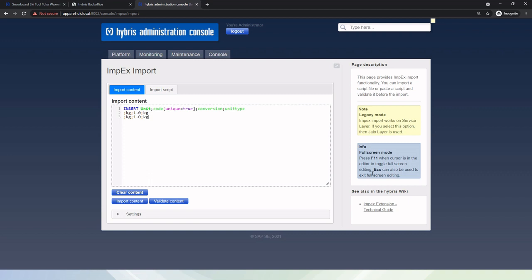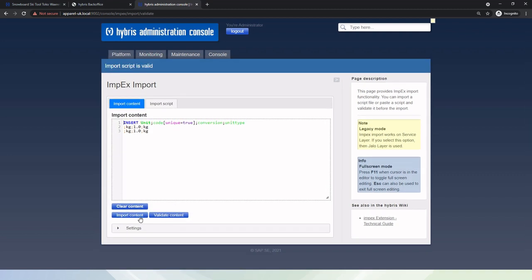Now friends, in some interviews it is asked what will happen if you try to insert the same value twice, right? So let's see what will happen. Here I am just validating the content and importing the content.